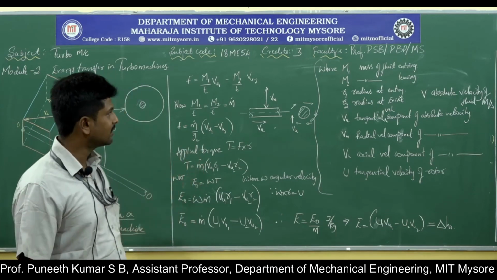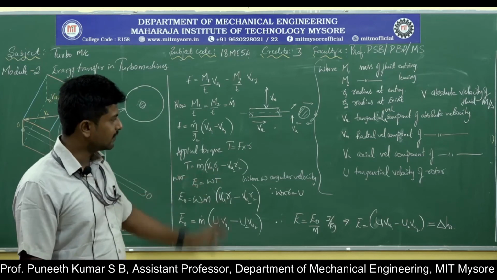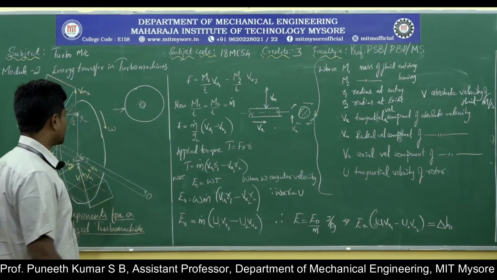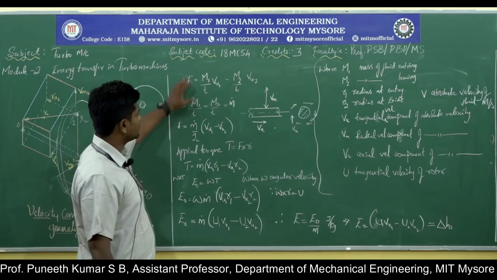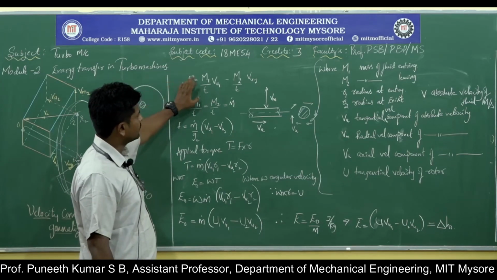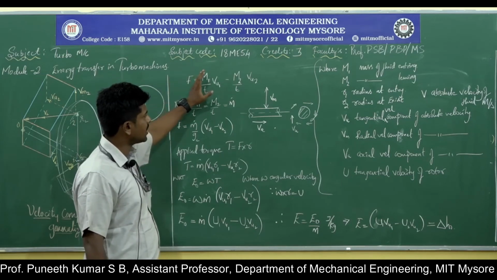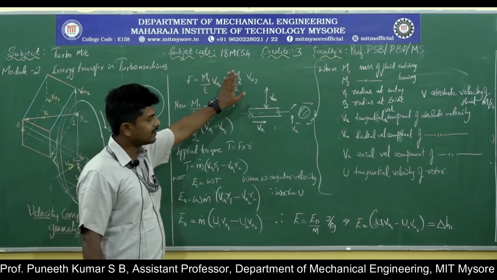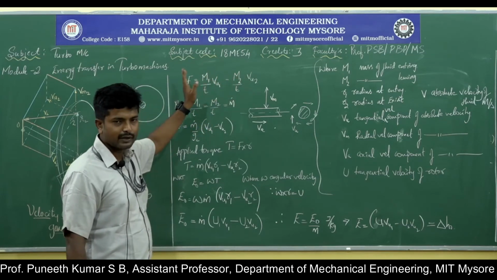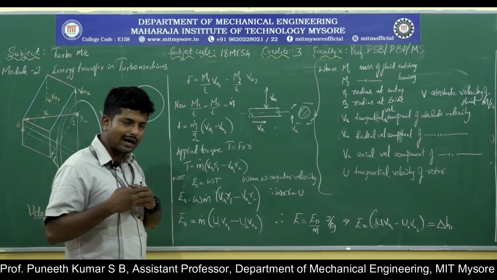With this understanding, we can start with Euler's derivation. So the very first thing we write down is F, force. The force is generated because of the momentum change or momentum difference between the fluid flow at the